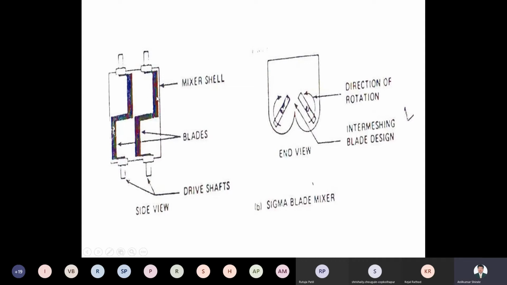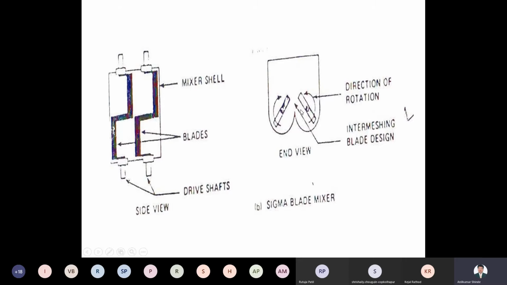Rotate in opposite direction, and inside, if you have seen, there is the wall of the shell and here is a blade. The gap between them is very small, right? When the gap is small, what happens is it produces a very high shearing action. When the material passes through it, some pressure is required, and with the pressure, 100% mixing is possible. Understand? So these are side views.